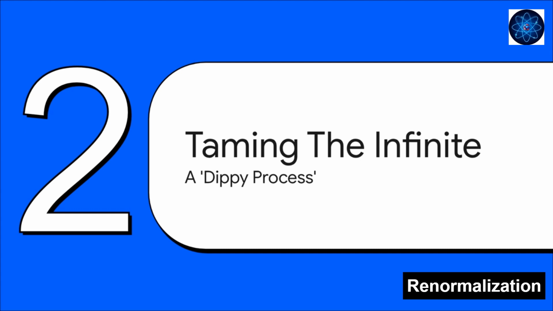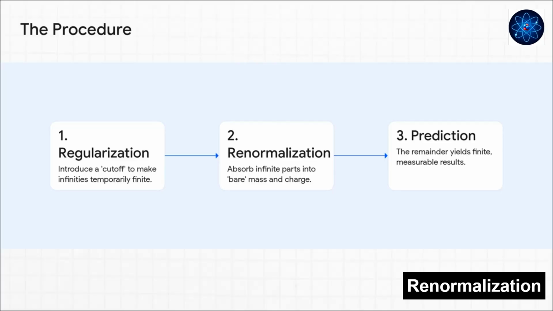So, faced with this complete theoretical disaster, a whole generation of brilliant physicists, we're talking Feynman, Schwinger, Tomonaga, they developed this set of techniques that were honestly both outrageously successful and really unsettling. They basically figured out a way to tame the infinite beast. The solution they came up with was kind of like this three-step dance to basically sweep all those infinities under the rug. First, they'd put in a temporary limit. They called it a cutoff, just to stop the math from completely blowing up in their faces.